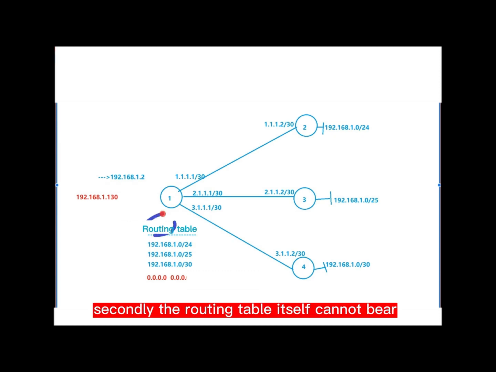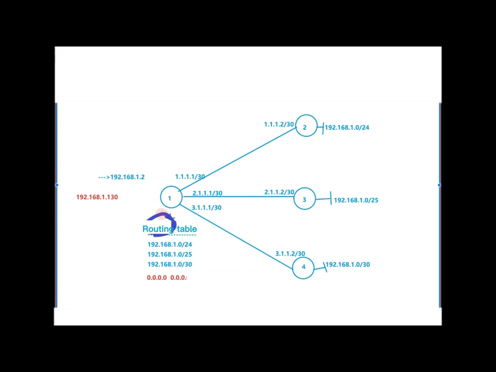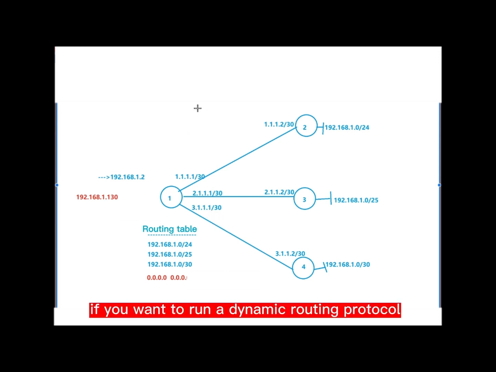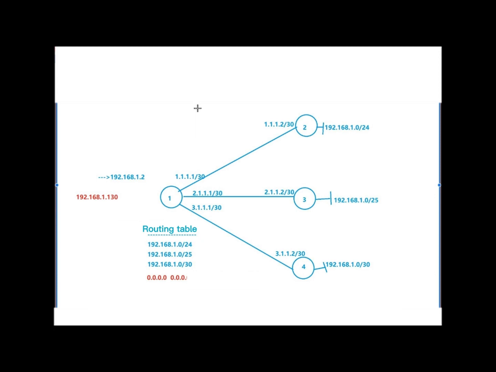Secondly, the routing table itself cannot bear such a large size. Who will configure it? Does the engineer need to manually enter them one by one? It's out of the question. If you want to run a dynamic routing protocol with the operator's equipment, first